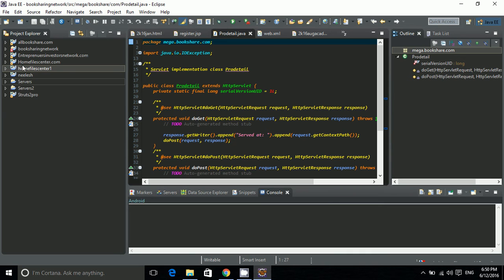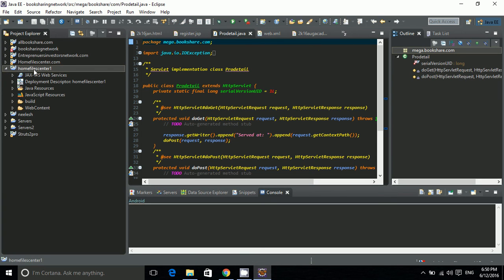Now I have made several web applications, so I have this many projects you can see in the Project Explorer. But since you will be doing it for the first time, or many of you might be like me, you have to click this link, and this is the context of this whole project. Now you can see various menus and tabs here, and this is the Java Resources folder where all your Java files will be stored, and this is the source.